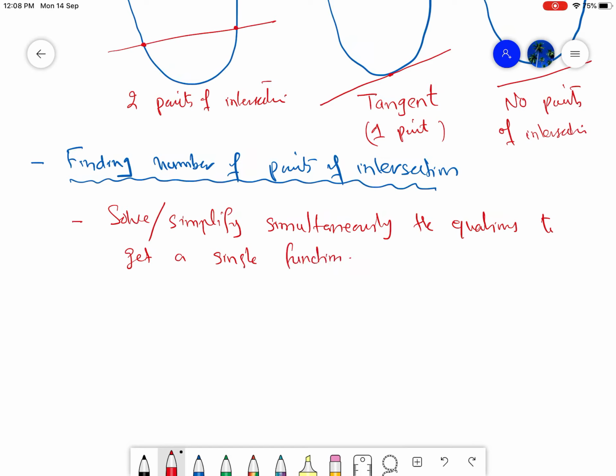This single function will be a quadratic function, and once you get this single function, use the discriminant